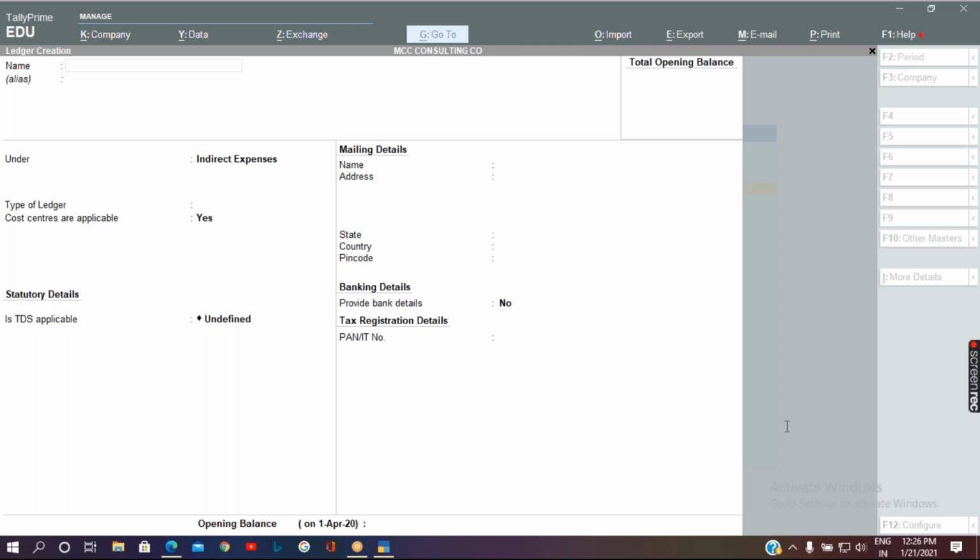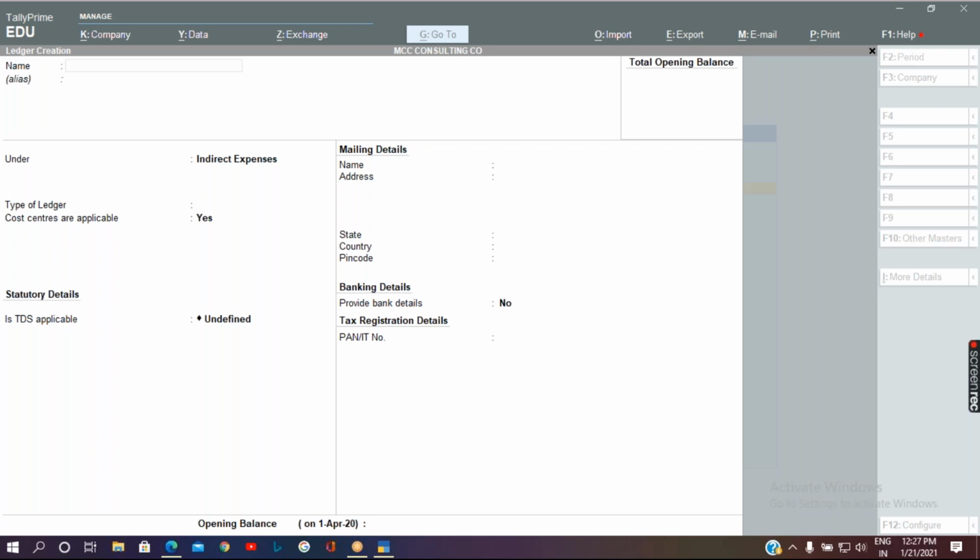So TDS masters like TDS nature of payments, party, so these are the important ledgers you are supposed to create for the TDS concept.